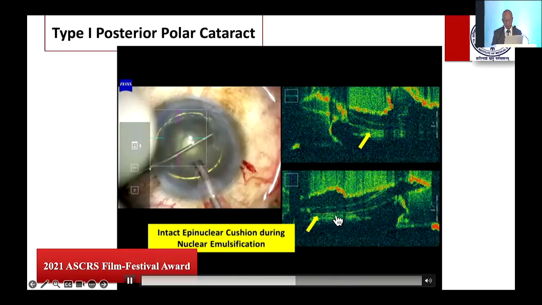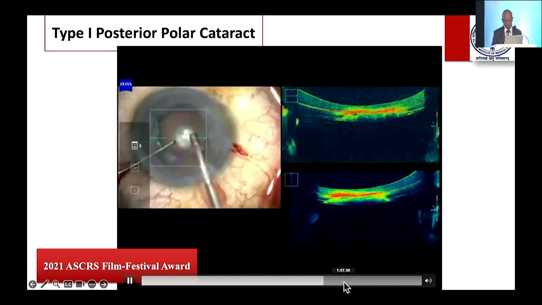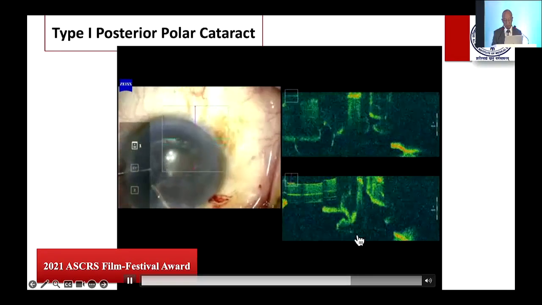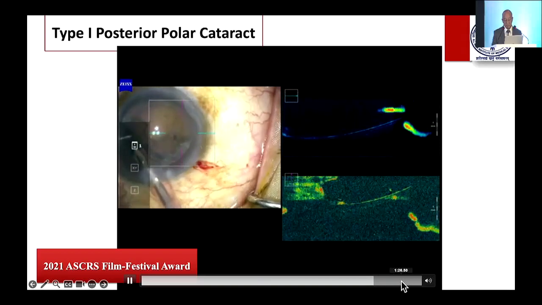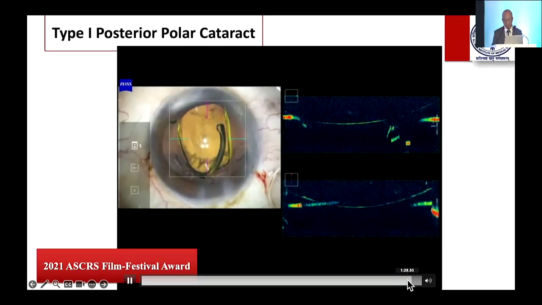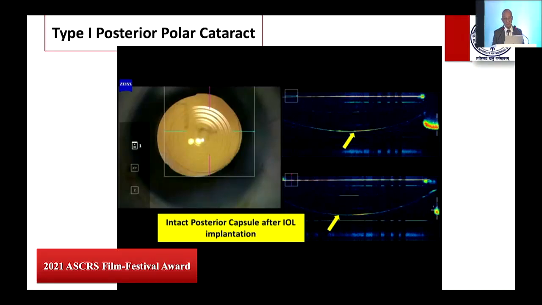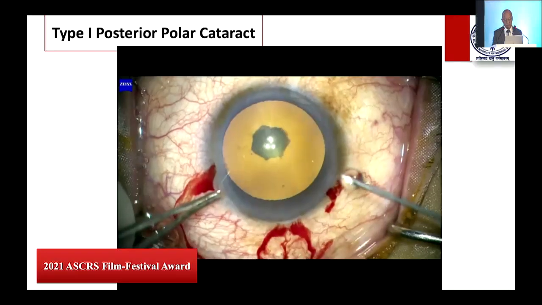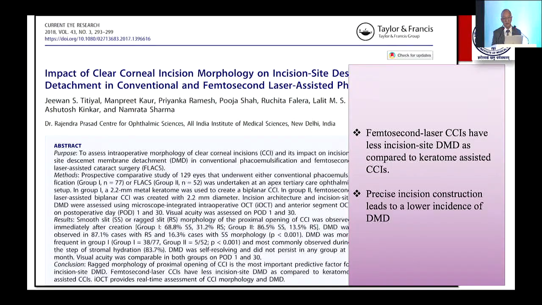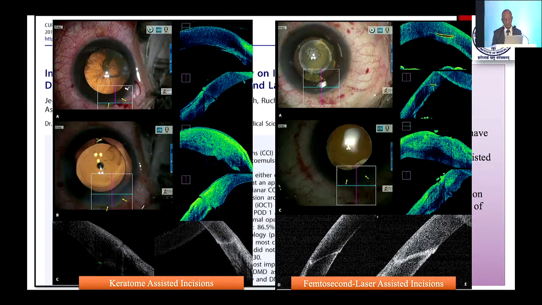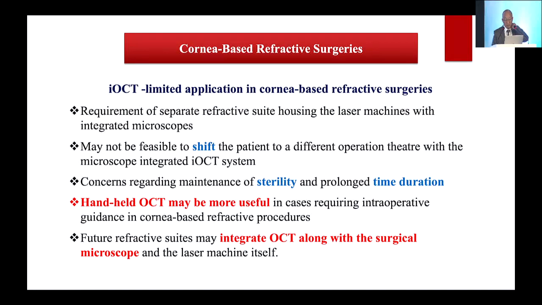During nucleotomy also, you can see how deep you are chopping, how deep your initial trenches are in these cases. Now after the end of surgery, you know the epicortical cushion is still there and the PC is intact. And in fact, this gives a very nice view. IOL centration, tilt can also be appreciated. This is what you see, the IOL nicely placed, and the relationship with the PC can also be judged. You can tuck the lens a little below to have more attachment towards the PC also. So these things can be seen if you have OCT pictures on the table. The wound configuration, the wound-related damage can also be assessed very clearly in these patients.